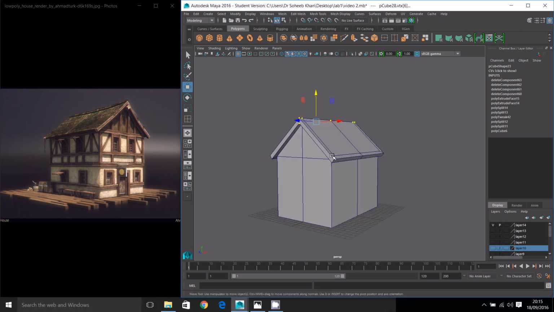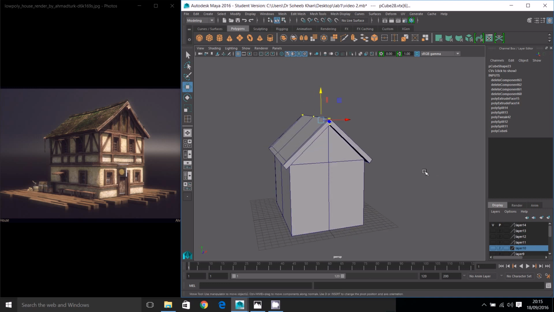Now one of the things that I'm going to show you is how to use the layer system. Make sure you've got your channel box, double click on this button here, which is the channel box menu. Once that loads up, you'll see that there are layers here. I've already got quite a few layers made because I was modeling something earlier on and have more stuff attached to them, so please ignore the ones that are already there. I'll show you how to create